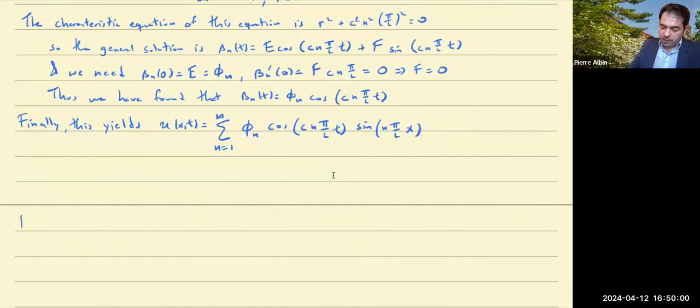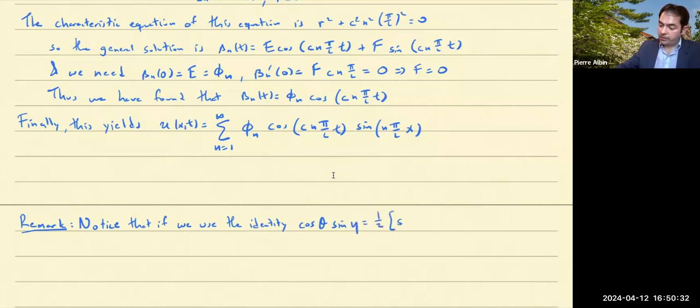Okay, let me finish with a remark, because we said the general solution of the wave equation was a difference of two waves, one traveling to the right and one traveling to the left. So notice that if we use the identity, cosine of an angle times sine of an angle is equal to 1/2 of sine of the sum of the angles minus sine of the difference of the angles,